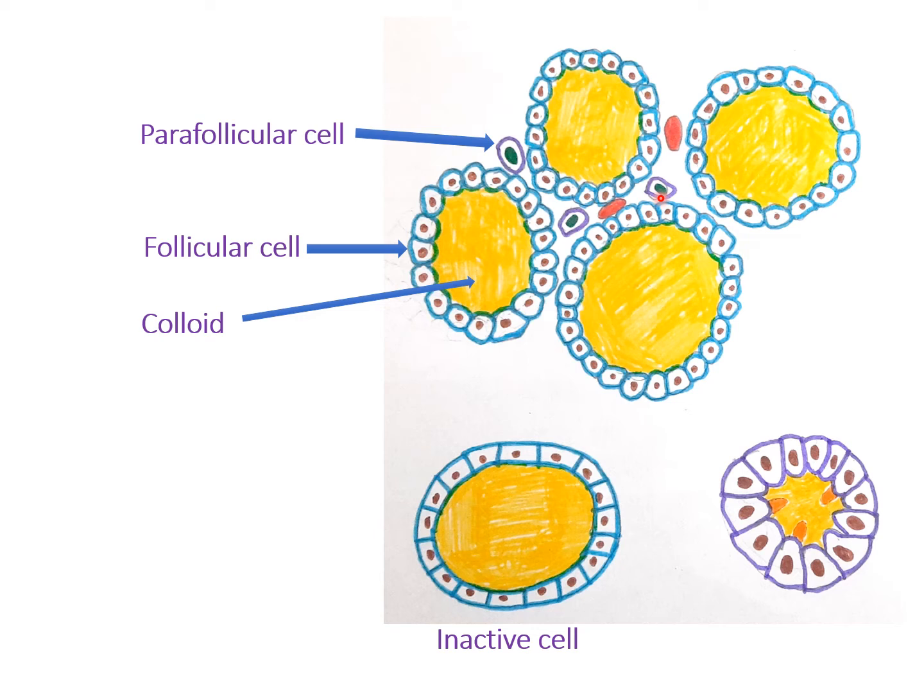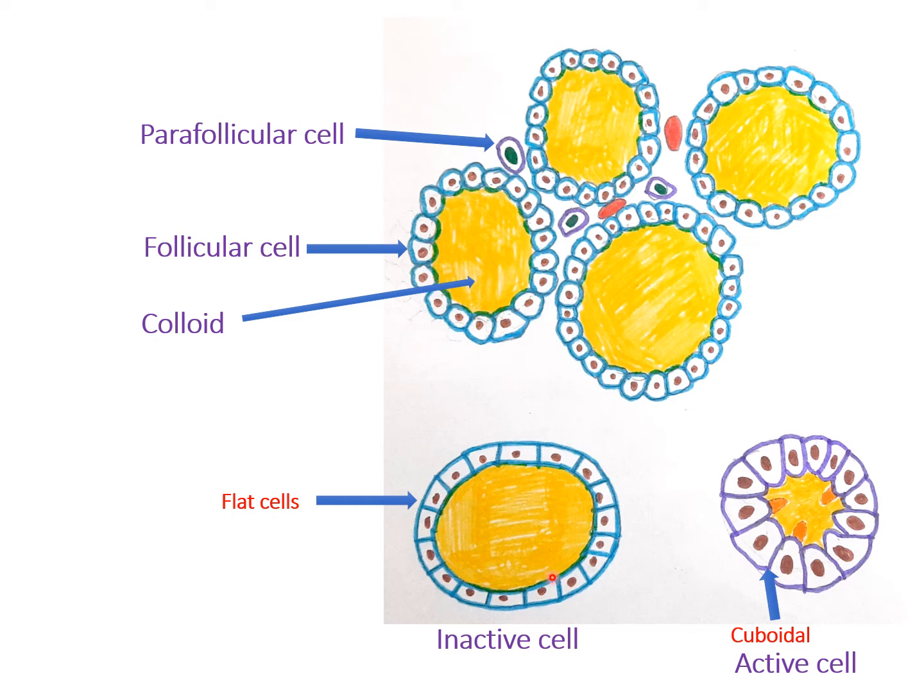Now you can see here there are two types of follicular cell, right? Here the left one is inactive, and here is an active cell. So in the inactive cell, the cell lining consists of flat cells. Now in the case of the active cell, there is a change in the shape, which we can definitely mark, and that is the cuboidal cell.